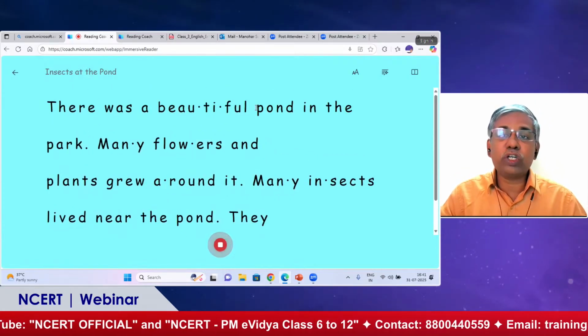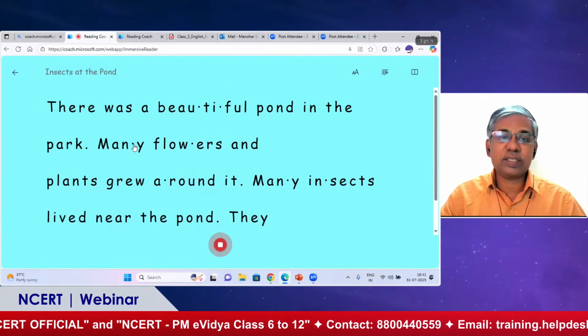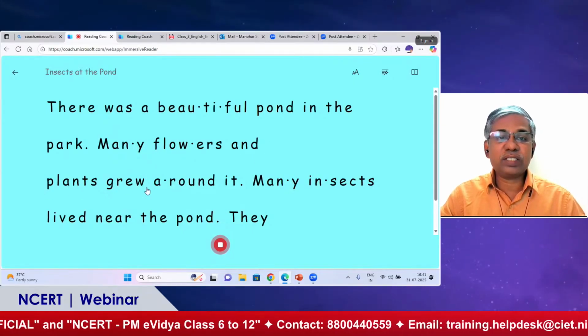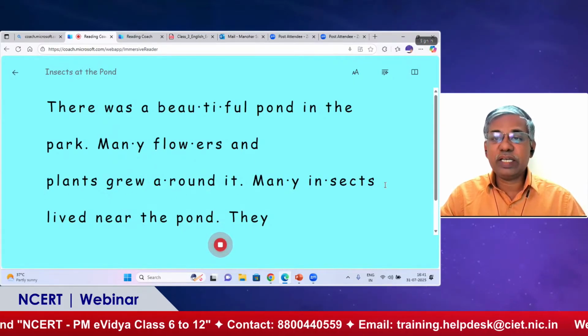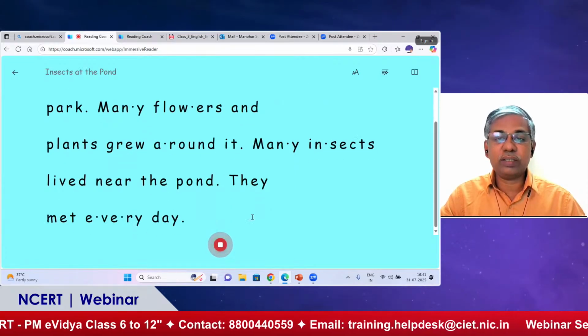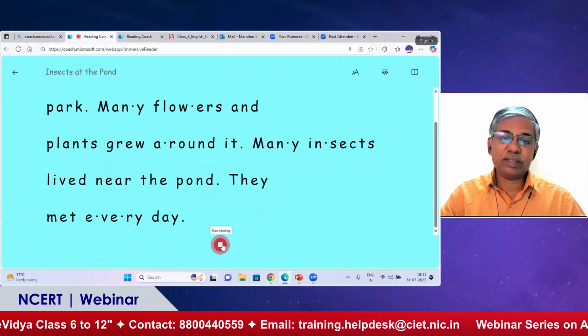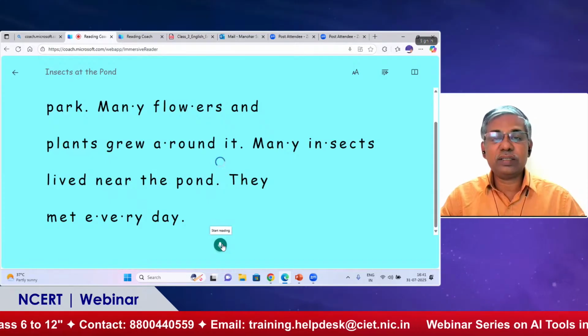There was a beautiful pond in the park. Many flowers and plants grew around it. Many insects lived near the pond. They met every day. By clicking stop reading button,